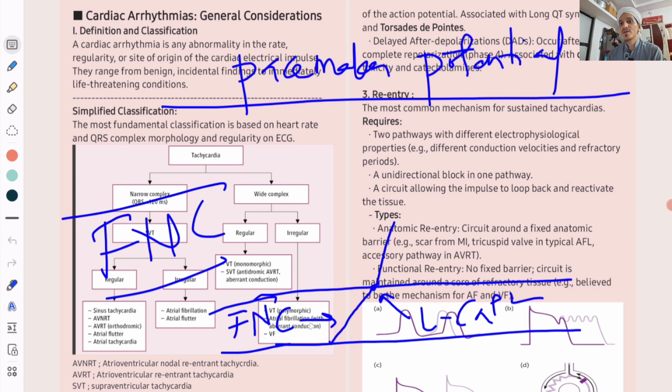Not like the sodium channels or potassium channels. Sodium channels are fast channels. L-type calcium channels are slow channels. So pacemakers usually use the slow channels. Okay, so SA here the